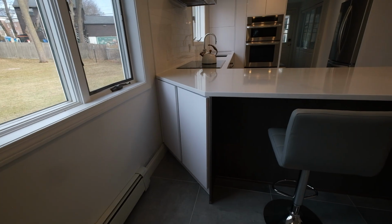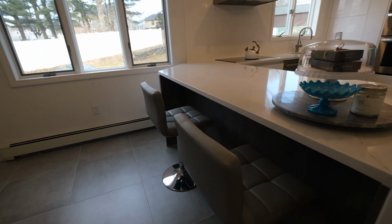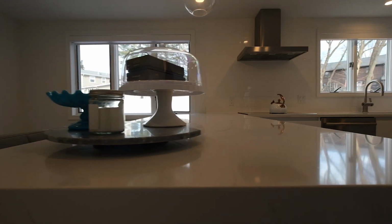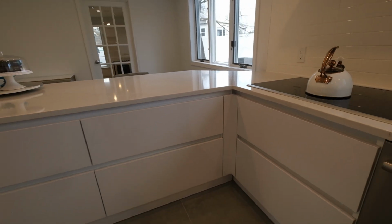One of their main requests was to have a seating area for the family. Since the space did not allow for an island, we came up with a peninsula with an overhang. To avoid blocking the windows, we angled the cabinetry near the window and extended the peninsula with seating into the room. We added an inlay with wood finish to highlight the area under the overhang, and we also integrated clients'